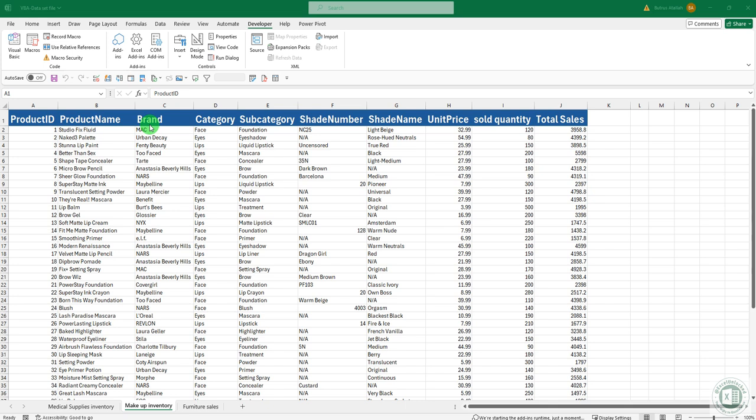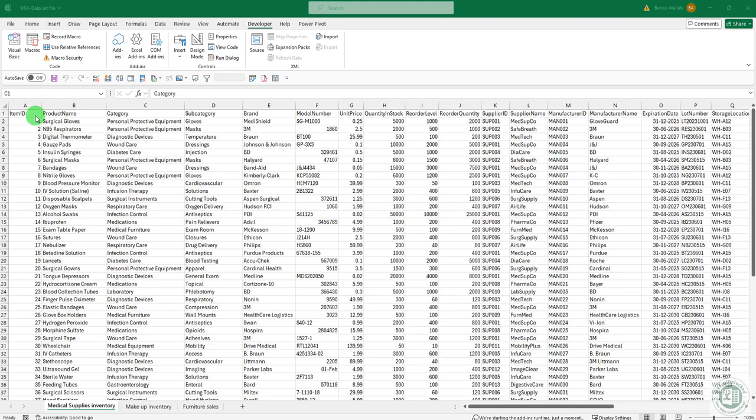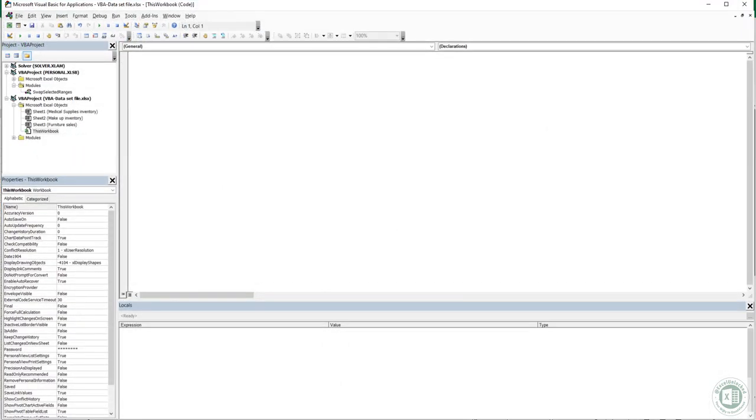This code is about defining or declaring a password in advance in the VBA editor and looping through the whole workbook, sheet by sheet, to perform the protection. Now let's get on with it and write this code. I'm gonna open the VBA editor and I'm gonna name this code protect all sheets.